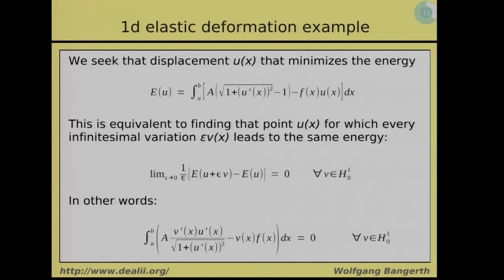Now, how do I get a partial differential equation out of this? So nature seeks to find those places for which the energy is minimum. And so what I need to do is write down the equations that u of x has to satisfy in such a way that u of x is a minimizer